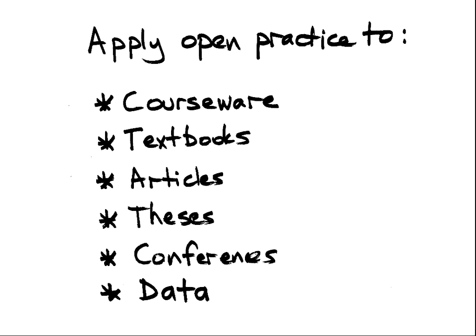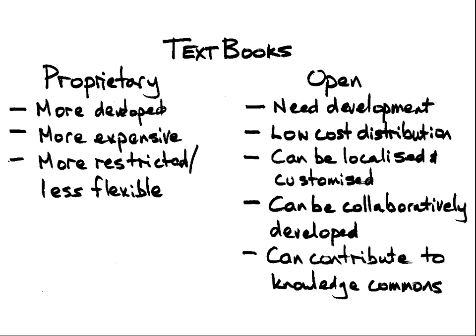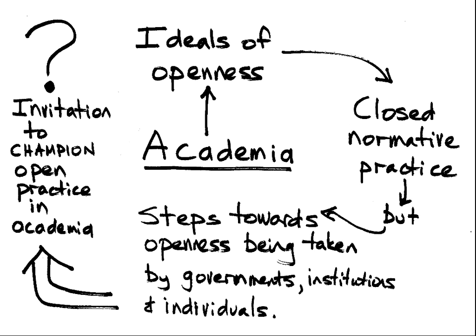This can be applied to courseware, textbooks, articles, theses, conferences, data, and any other output of academia, including, as mentioned, textbooks, which are a key example that we could look more closely at. So the ideals of openness contrast with closed normative practice, but the suggestions here are in line with steps being taken towards openness, and academia should really be championing open